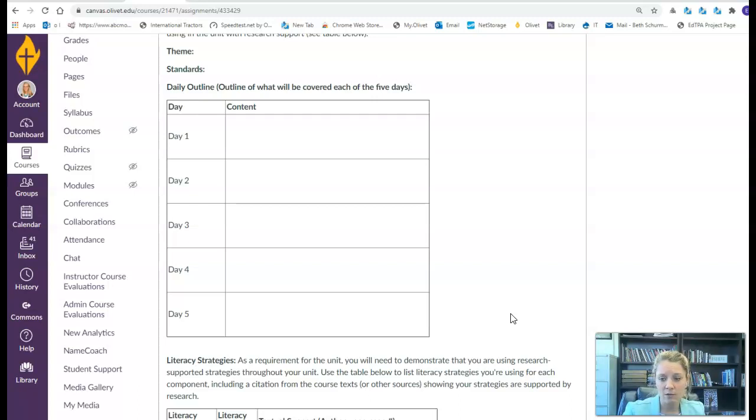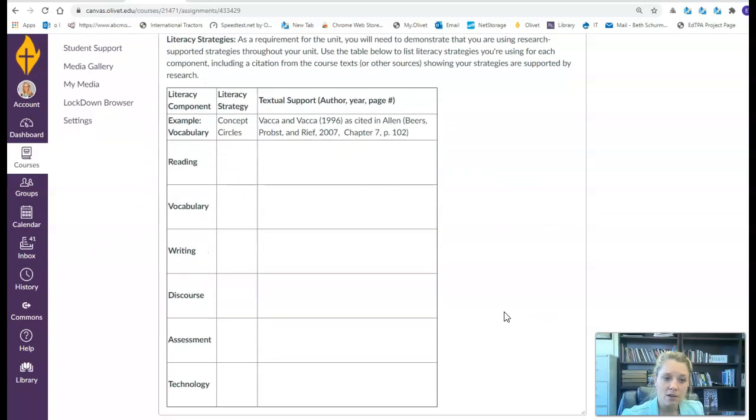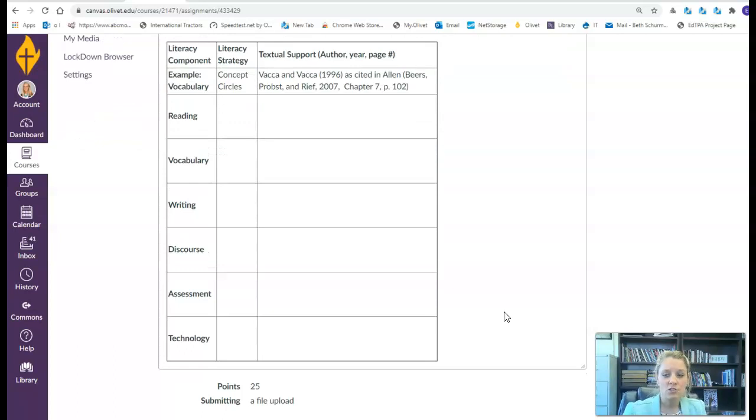You don't need to be including every single step for that day, but just roughly what you're thinking in terms of what you're going to be covering each of those 5 days. And let me know which literacy strategies you're going to be using throughout the unit. And beyond just what literacy strategy you're going to be using, you are going to be providing textual support for